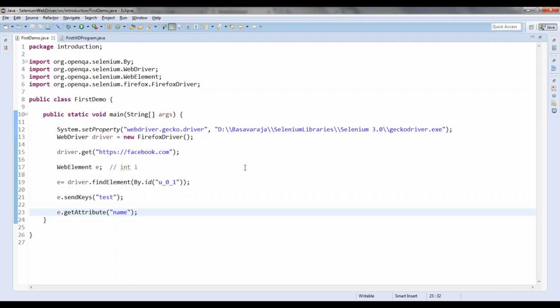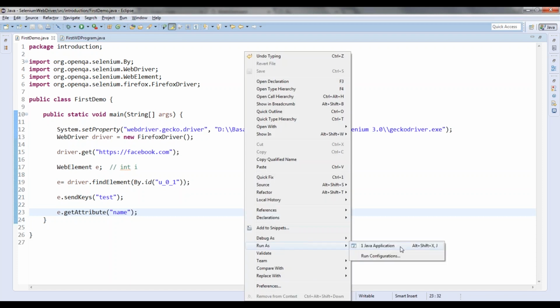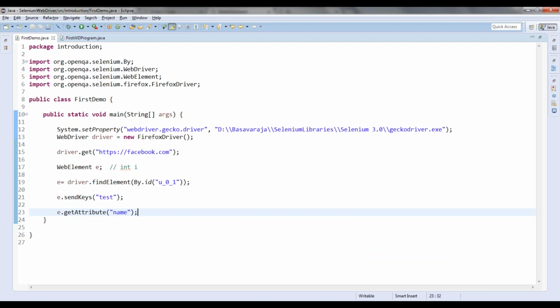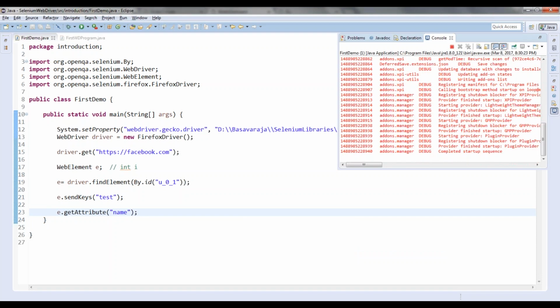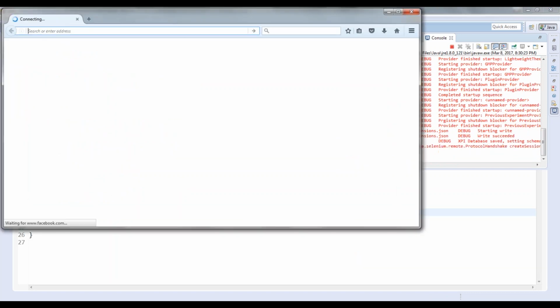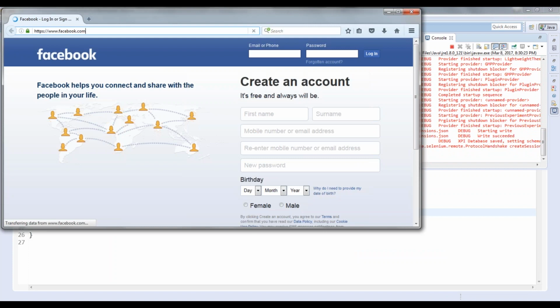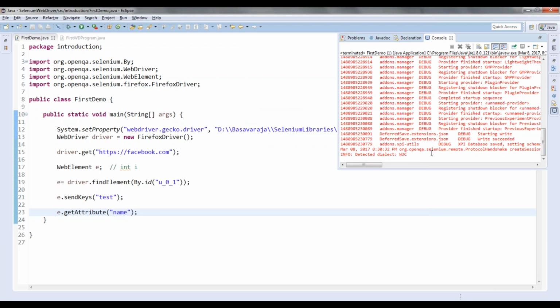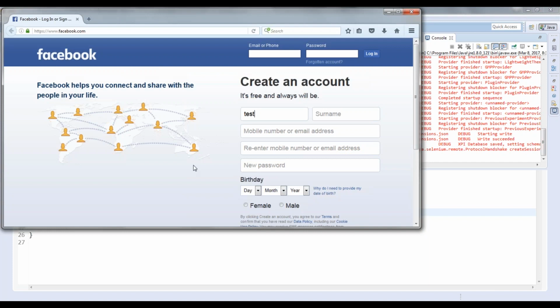Okay, so let me run this. It is opening up and going to the Facebook page, and you can see it is entering the test, and it should give me the attribute name.